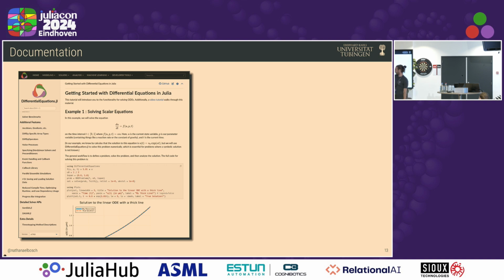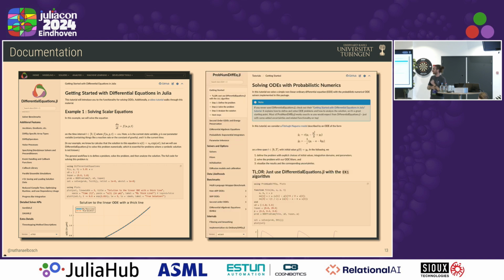Which also means that I don't have to write too much documentation because they already write a lot of documentation. So the getting started page is probably the thing that I would point people to for how to use my package. And the whole description of all of these keyword arguments and so on, many of them just work. But of course, I also have docs that explain mostly the differences of what's in this